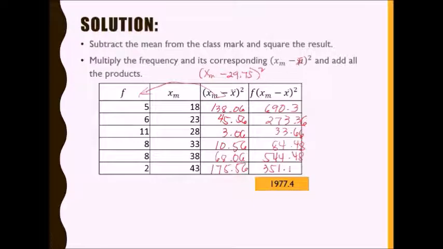351.12 na po. So, tingnan natin kung lalabas nga ay 1,977.4. Okay, so tingnan natin. Add lang po, 690.3 plus 273.36 plus 33.66 plus 84.48 plus 544.48 plus 351.12. Okay, so the result is